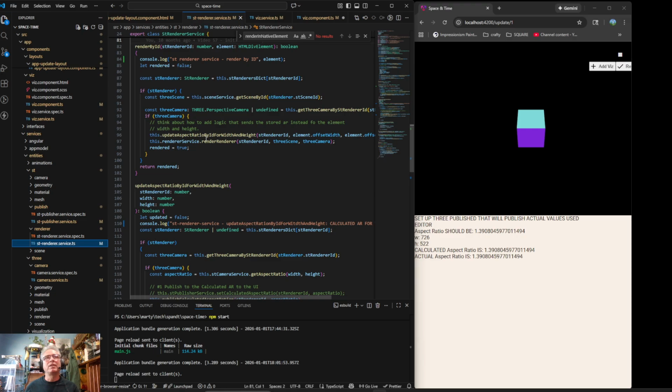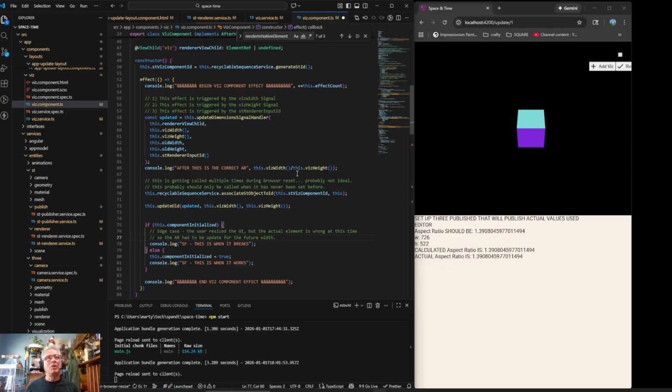If three camera, update aspect ratio, render. And the thing is, actually, I think we do need to do a delay because, yes, I'll be able to get the number to be right down here, but it won't actually update it. This is what actually updates it. So we have to wait till the element div is correct. And not only that, but when we're moving it back and forth, we don't really want to call this over and over again until they've stopped. So yeah, maybe we do need to,